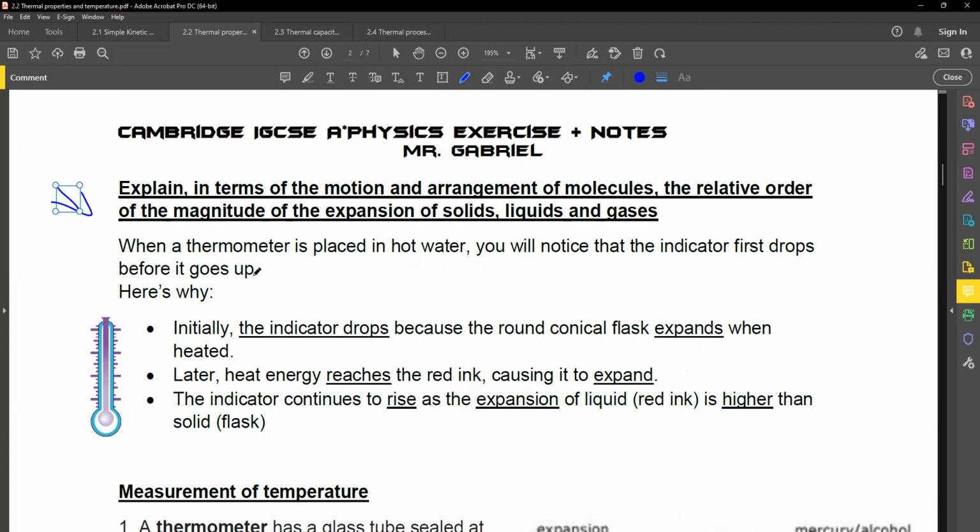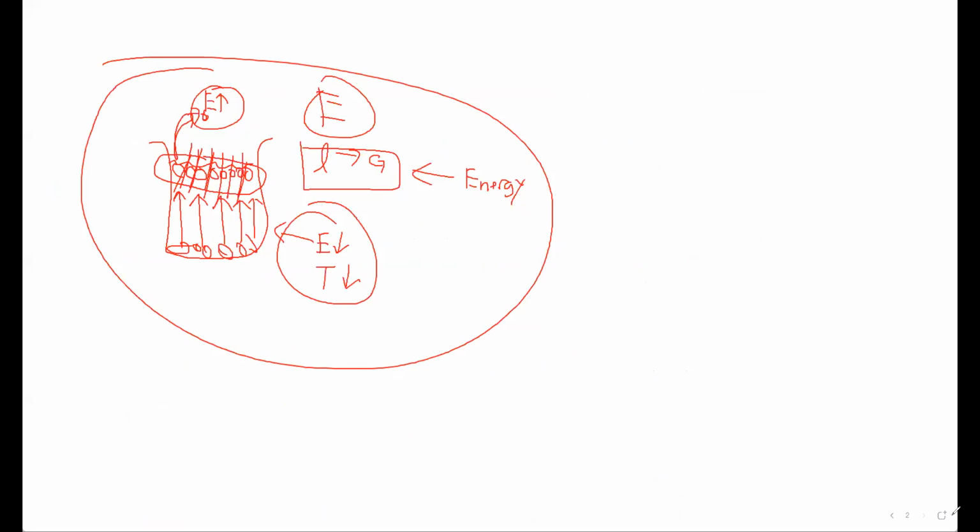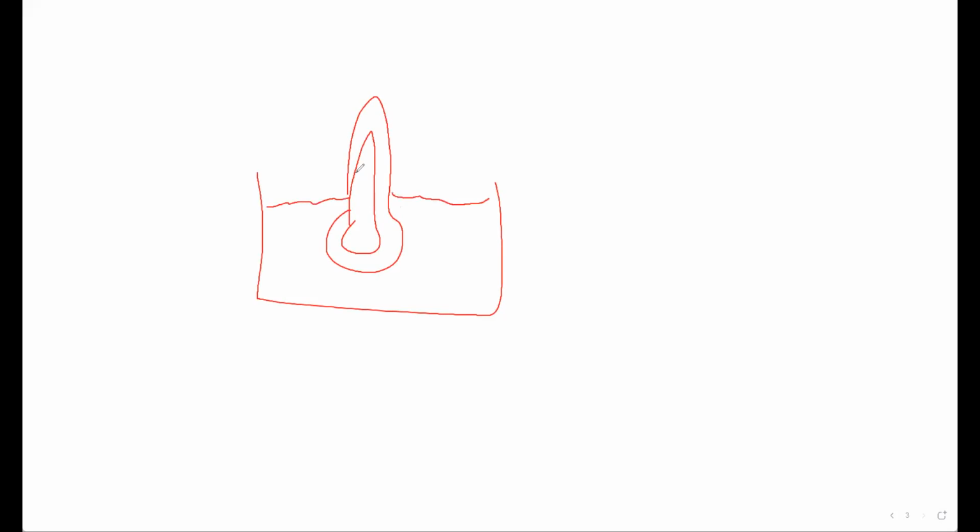And in fact, I've made you guys do some of the questions from the past year papers that are related to this part as well, guys. Basically, the structure of the question will be something like, okay, let's say I have a thermometer here, right? And then I place it inside hot water, right? If before I place it in the hot water, the reading was at